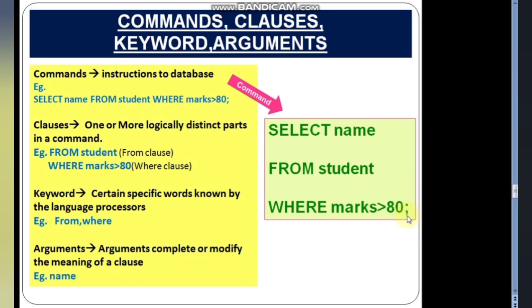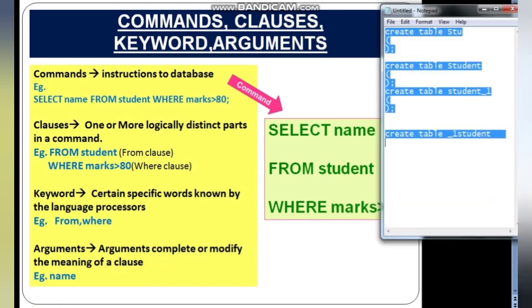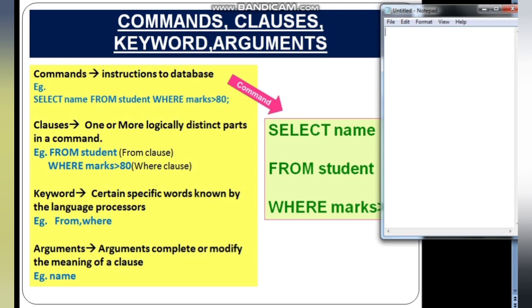Remember, a command ends with a semicolon. It's an entire instruction which you are giving to the database. You can write the command in one single line also. That means you can write like this: select name from student where marks greater than 80.